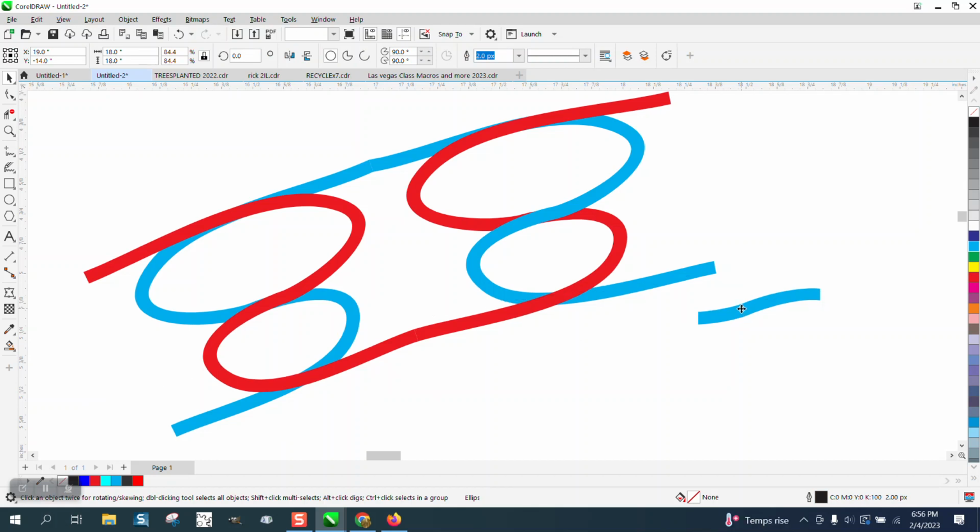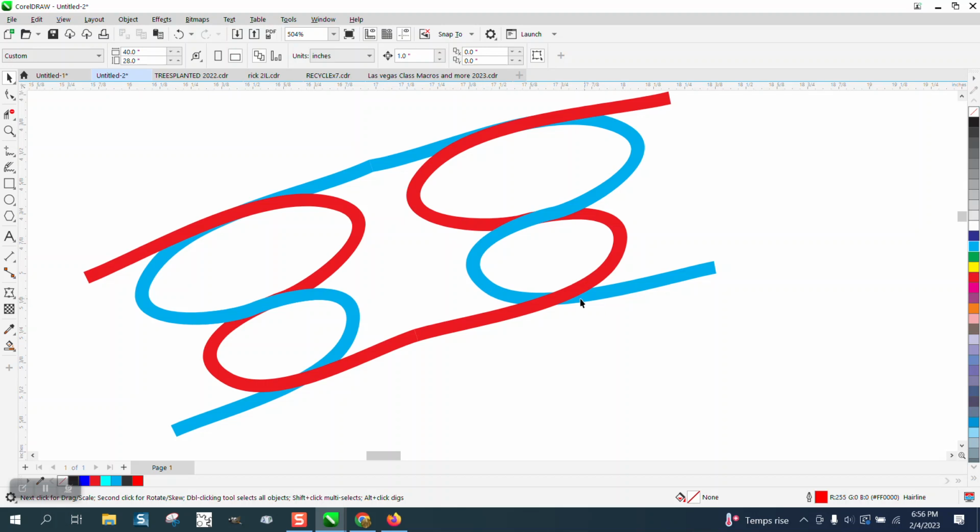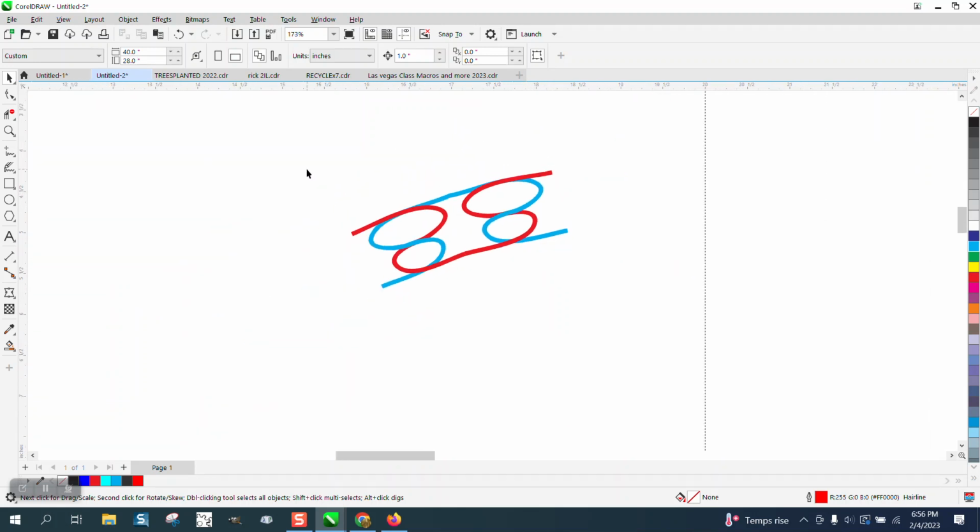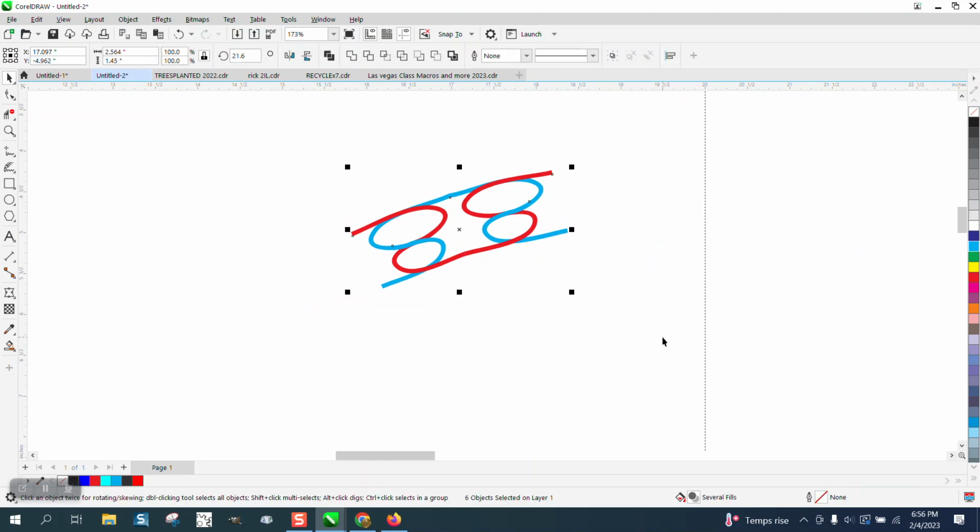Whoop. I don't need that circle anymore. And look at that. Now it looks like the blue is behind, in front, and behind. So if we group this together, Control G,